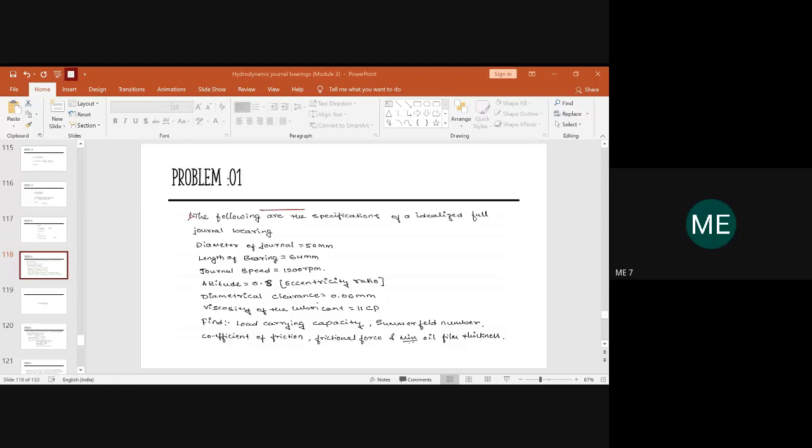So, good morning everyone and welcome back to the class on tribology. In the last class we had started solving the problems on full journal bearing, like how to determine the load bearing capacity, the frictional force, the coefficient of friction, the power loss, and also the minimum film thickness which has been required. Further, we need to continue the problems in today's class and also solve problems on pressure distribution.